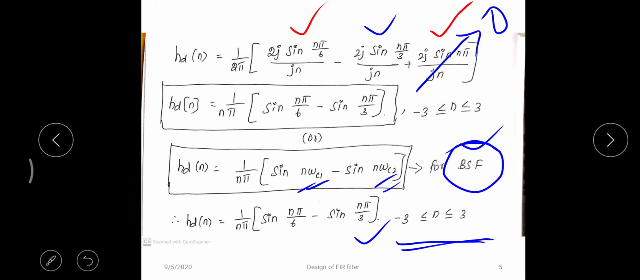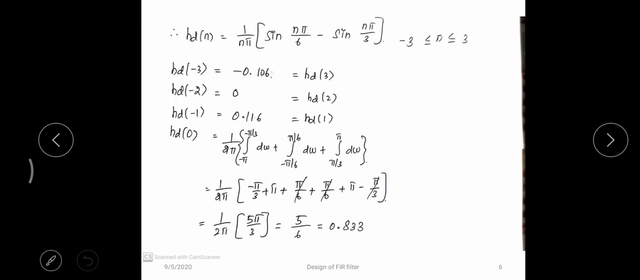So, we have to substitute n equal to minus 3, n equal to minus 2, n equal to minus 1, n equal to 0, 1, 2 and 3. All these values we have to substitute and find the values. So, hd of minus 3 is equal to,